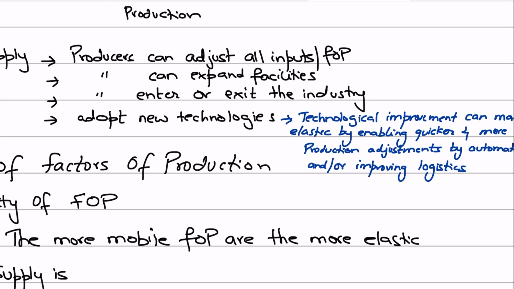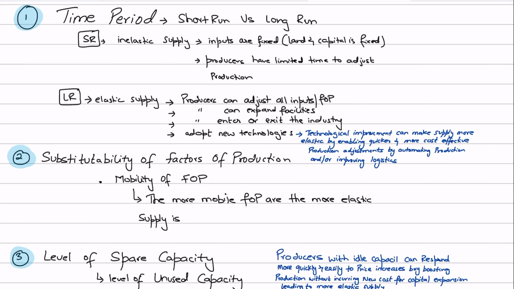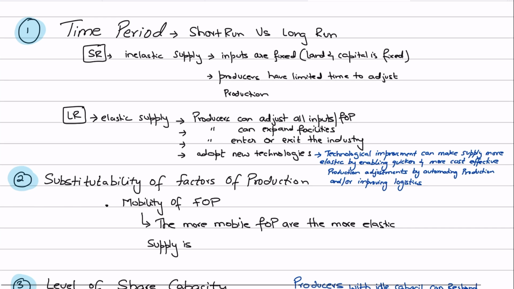It just makes it more flexible and a quick response in the long run, because when the demand falls and the prices are going down, in the long run, if firms exit, that would again cause the supply to go down, the quantity supplied would go down by quite a large extent, making supply elastic. Because you see, firms need time to exit the market, right? If the demand is falling and the prices are falling. So that is why we say that supply is more elastic in the long run. So these are the points that you need to write when you are explaining the time period, that is the long run and the short run, right?